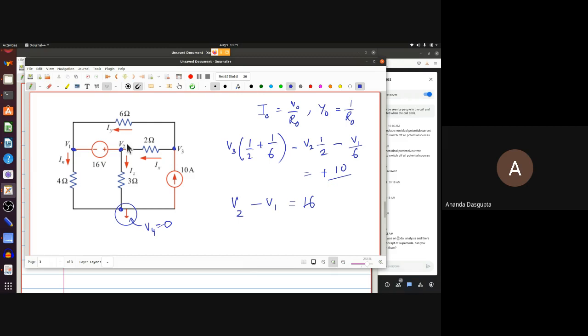The supernode basically is, I'm not really aware of the term, but if you take these two nodes together, then you get what I'm guessing has been called a supernode there. Why can you take two nodes together? Because remember, the basic idea behind using Norton's method is this: net current flowing into a node has to be 0, or net current flowing out has to be 0, right? That's just charge conservation. But that works not only for one node, that works for two nodes as well.